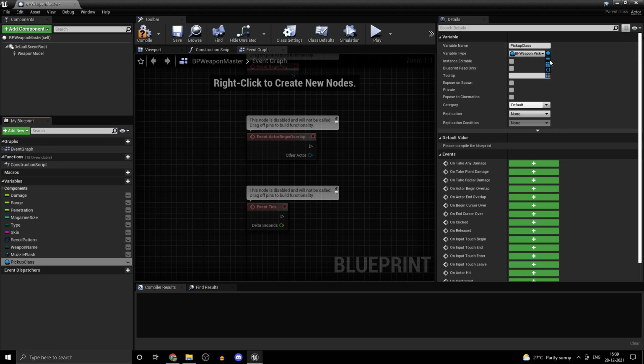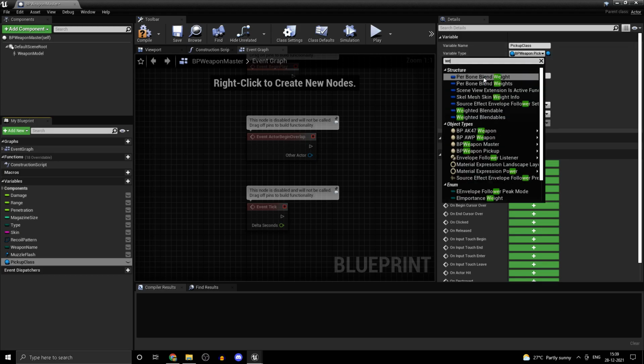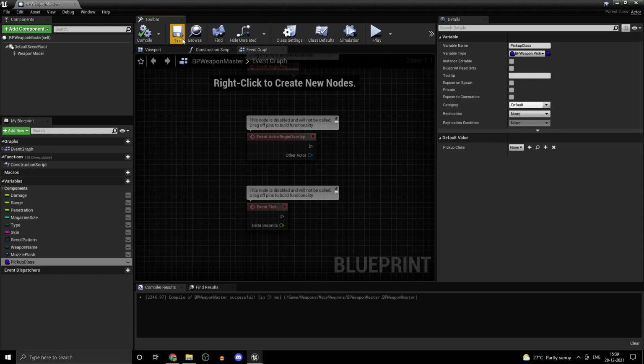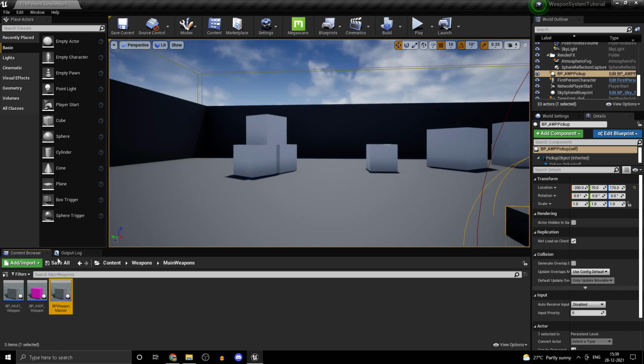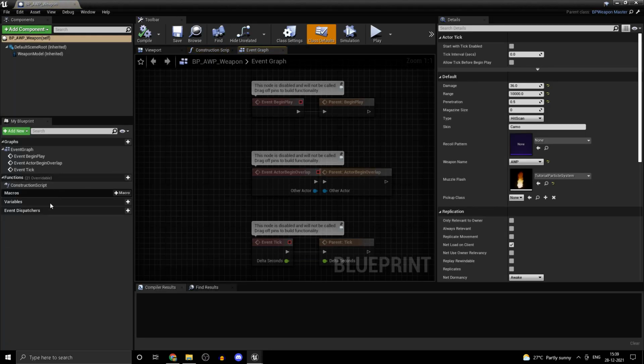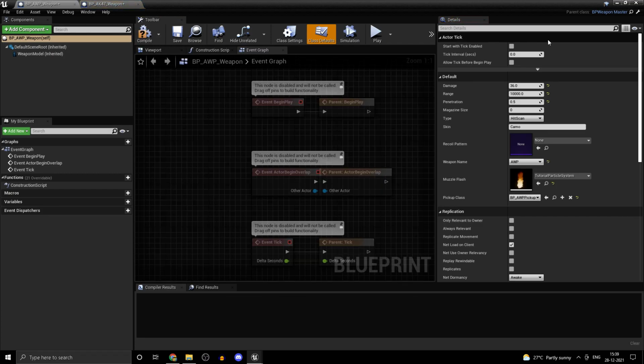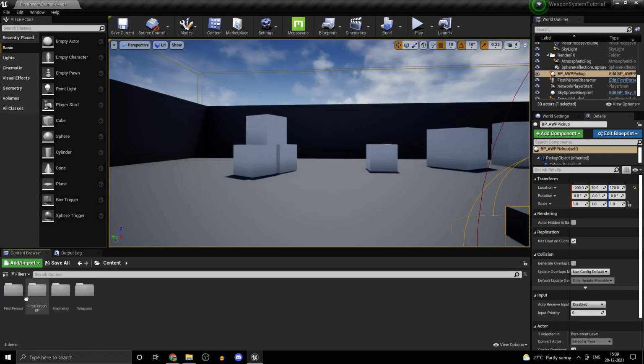This is going to be a class reference. And inside of the child classes again, you should change it to the correct variables. So this is the op, so put in the op's pickup class, and over here put in the AK-47 pickup class. And now inside of the first person character, head back in.